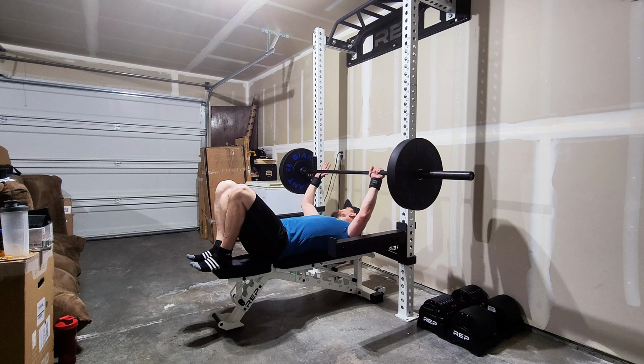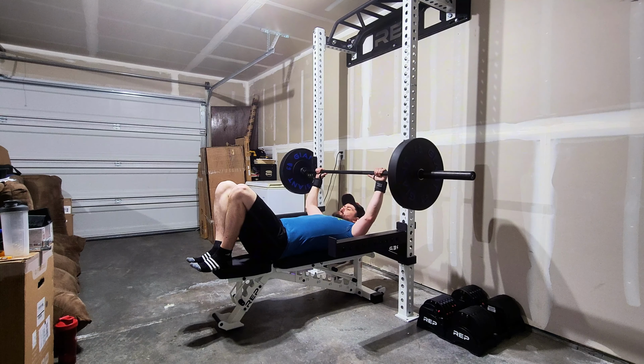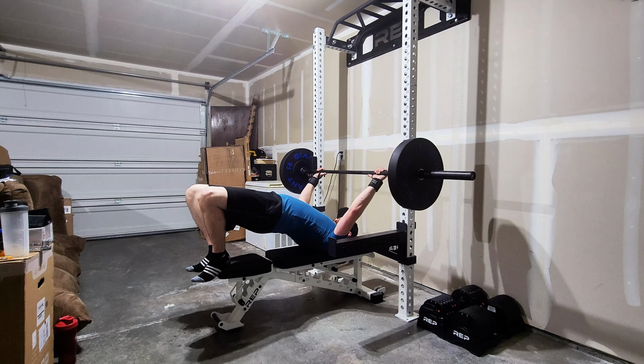So third warm-up set, actually this is going to be the first working set, 135 pounds. It's going to be 5 sets of 3 reps, heavy weight. It's not heavy, but it's heavy for me. Everybody starts off somewhere. Bench has always been lacking, like I've said in the previous videos, bench has always been a lacking